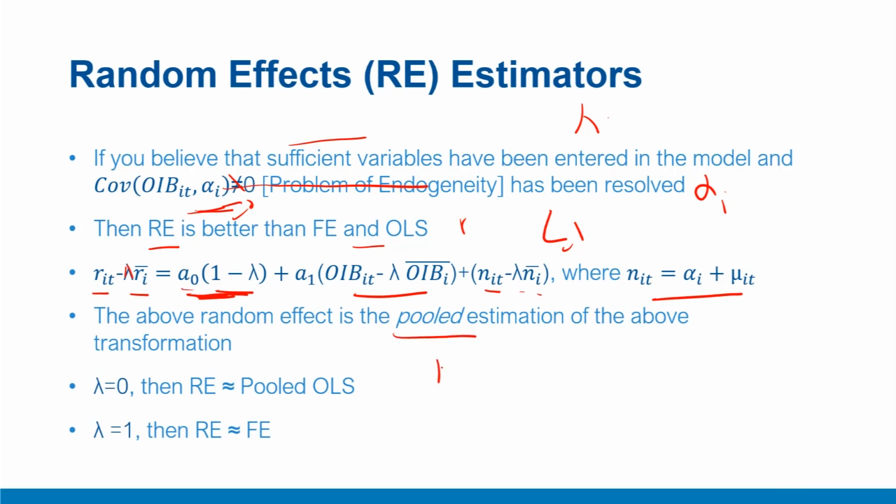Please note, in this model, if lambda equals 1, this model transforms into what we originally called fixed effect, and if lambda is 0, then it transforms into simply the pooled OLS. Therefore, random effects is sort of in between the spectrum of two extreme ends, which are pooled OLS and FE. So it is neither as extreme as FE nor as simplistic as the pooled model.